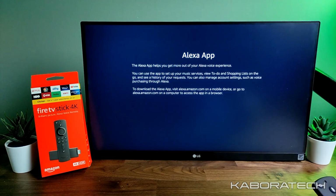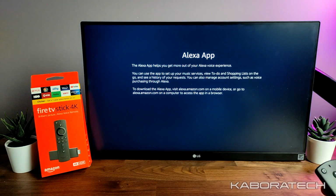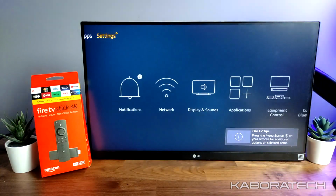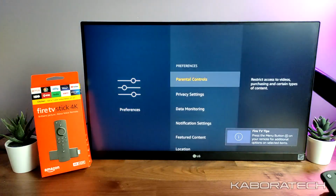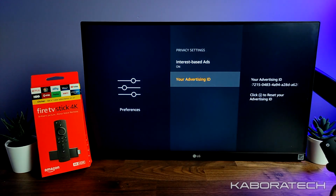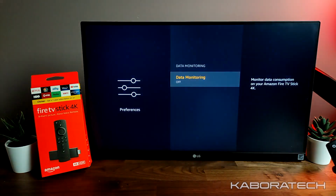So I don't know if you notice, but the Fire Stick TV also comes with the Alexa app. So Alexa is an assistant from Amazon, and you can send voice commands to your TV, pressing the mic button and giving instructions, and turn devices on and off and stuff like that. I will show you later on in the video something controlled by Alexa. Okay,